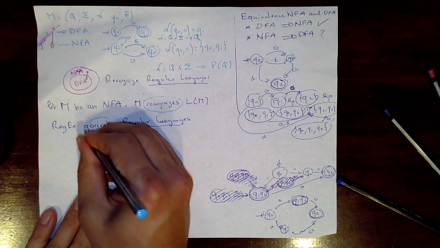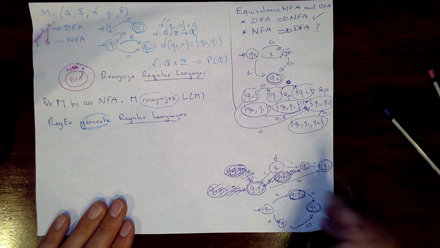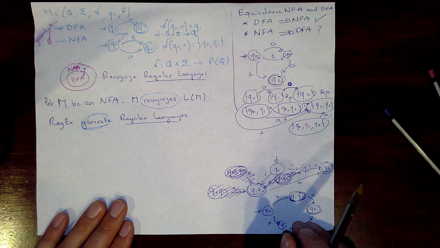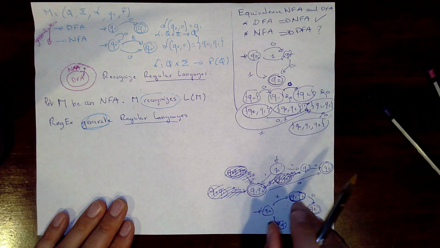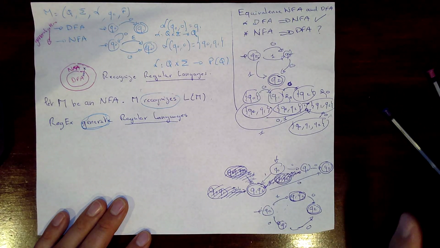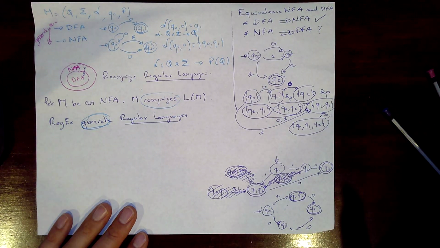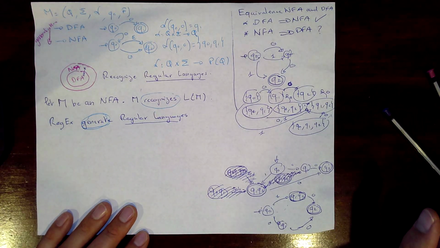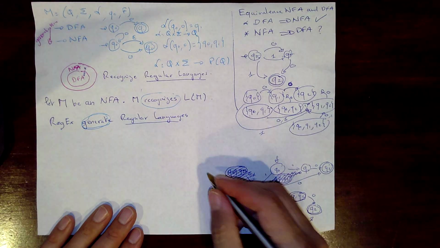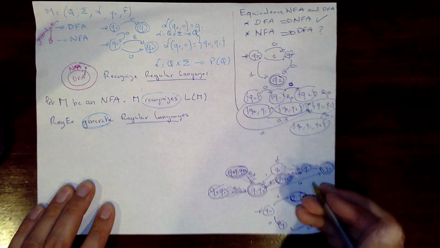Okay, so it's not exactly the same verb, because a regular expression is not an automaton. It doesn't recognize a language, it generates it. But they are equivalent. That means that what a regular expression generates is what a finite automaton recognizes. There are some rules for regular expressions. You can look at the formal definition in the book, but they will always look like,